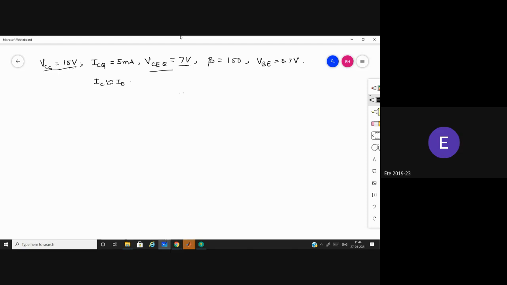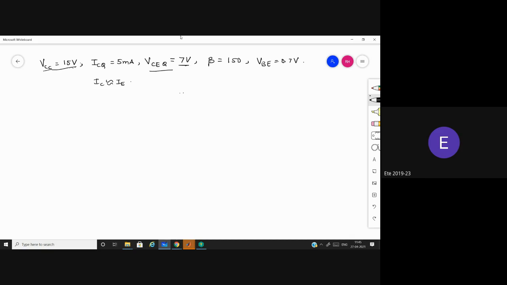So in this case, we are supposed to find R1, R2 or RT? Any other answer? R1, R2 only you should find, because RT is the Thevenin version of R1, R2. The parallel combination or effective resistance of R1, R2 is RT. So we are supposed to find R1, R2 here.